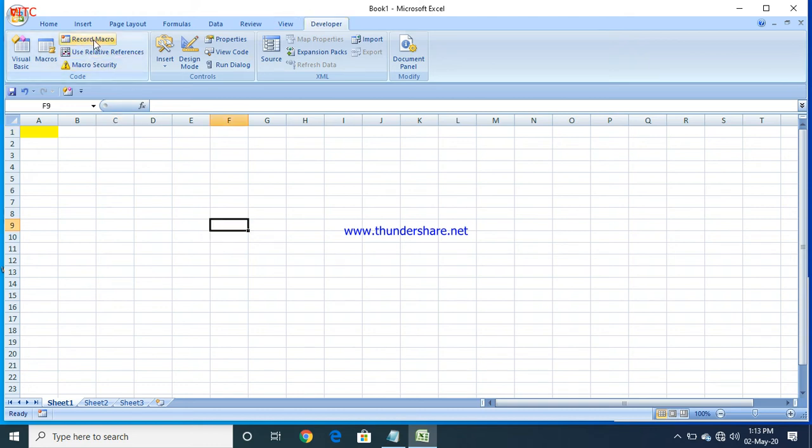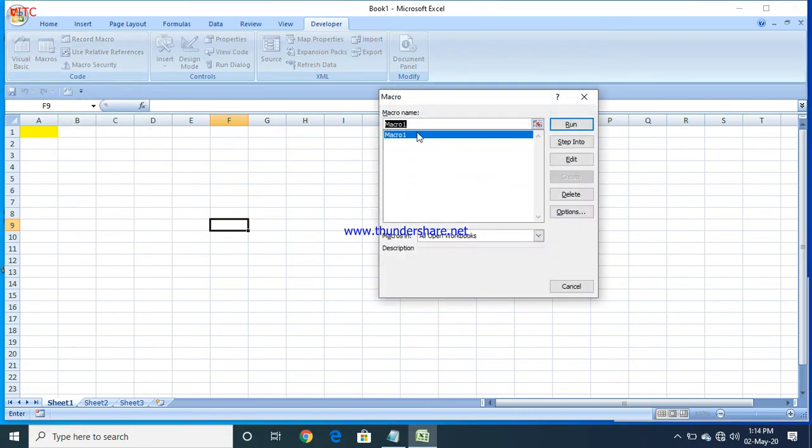How to run that macro? There is an option here called Record Macro. To run a macro which is already recorded, you go to Macros, open the Macros. Now there is Macro1 which we have created. You can select this and run the macro, or you can use the shortcut we created, Control Q. But here the problem would be, when I run this macro, obviously yellow color will come for the active cell. But what happens next?